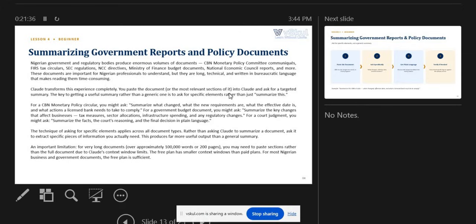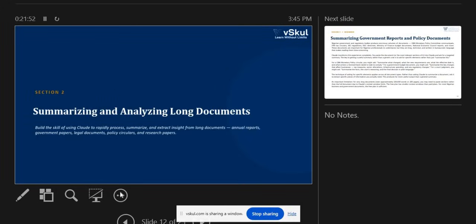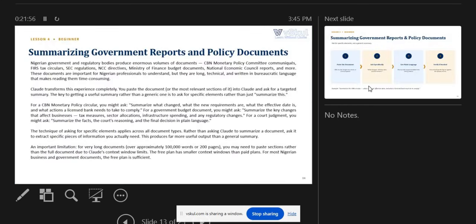You paste the documents or the most relevant sections of it into Claude and ask for a targeted summary. The key to getting a useful summary rather than a generic one is to ask for specific elements rather than just "summarize this." When you say summarize this, it will summarize the entire document, but that may not give you the specific information you want. For a CBN monetary policy circular, you might ask, summarize what changed, what the new requirements are, what the effective date is, and what action a licensed bank needs to take